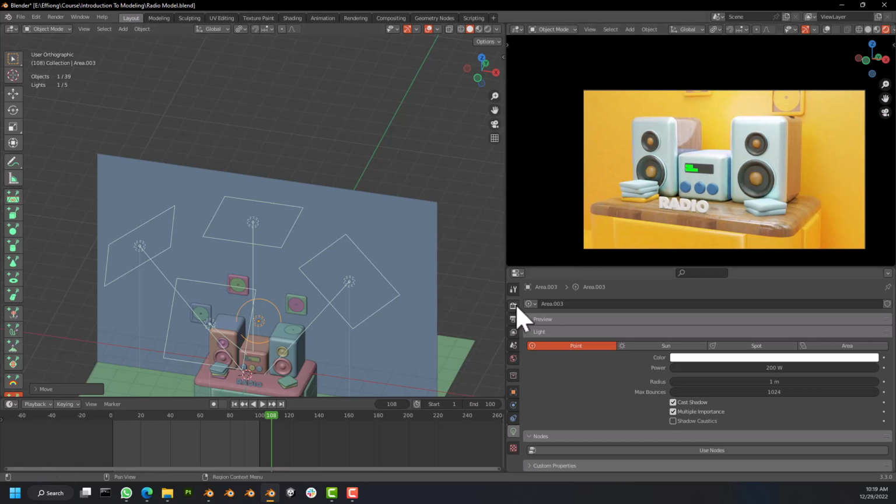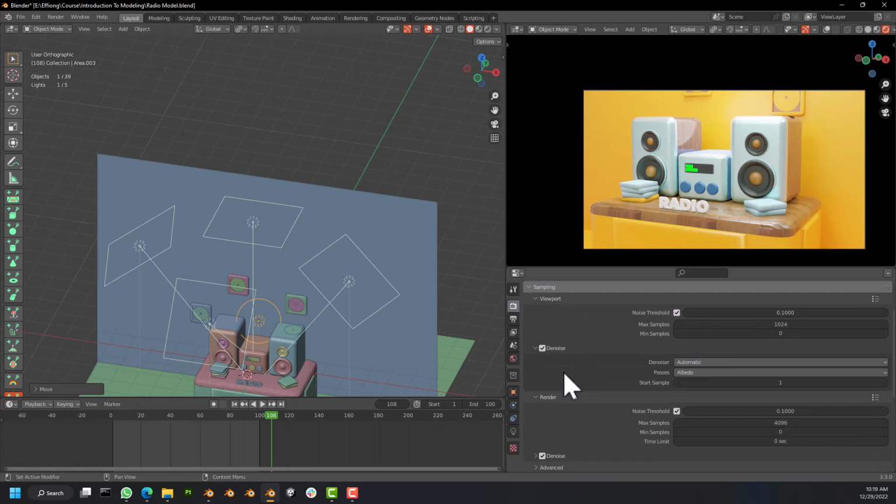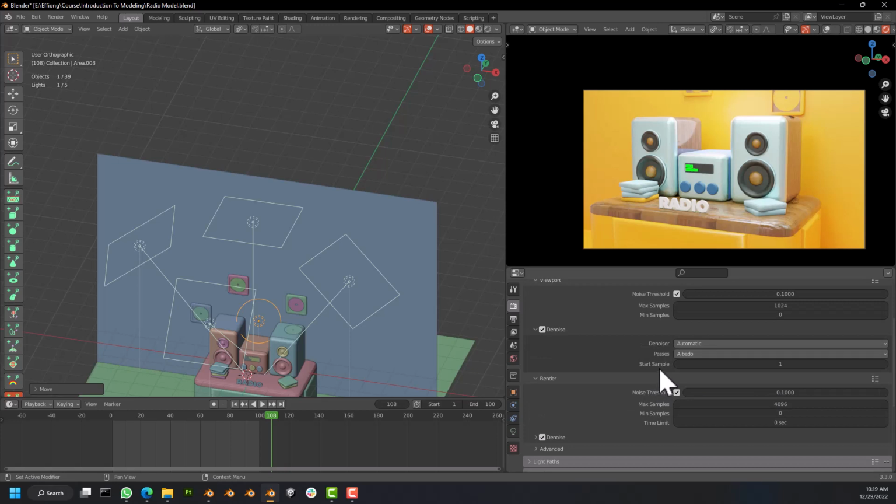So we'll go to our render panel. So we are using Cycles. We did a few settings here. So like I said before, depending on how powerful your system is, this render sample is what you want to look at. We've already adjusted this threshold to render faster, but the render sample will depend on your system. The higher the render sample, the longer it will take to render, but the better the quality, right? For this tutorial, I don't know how strong your system is, so we'll just first